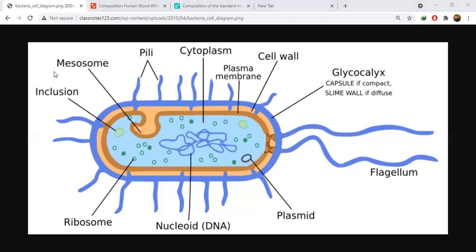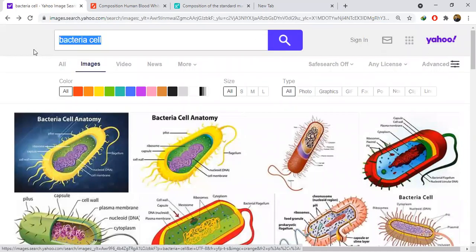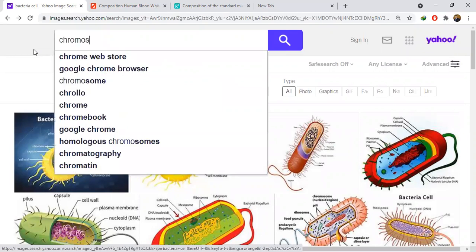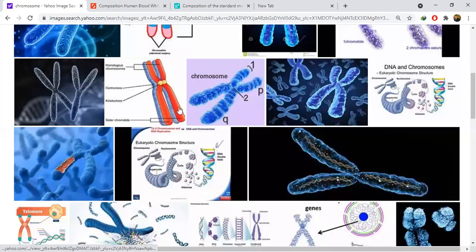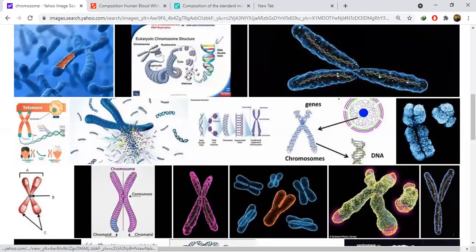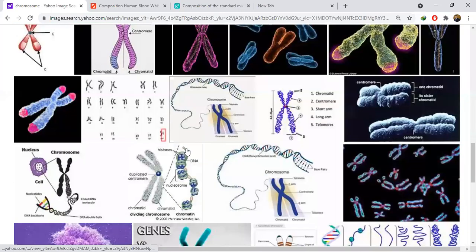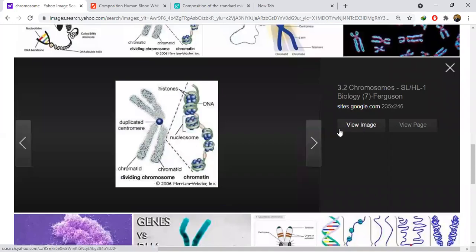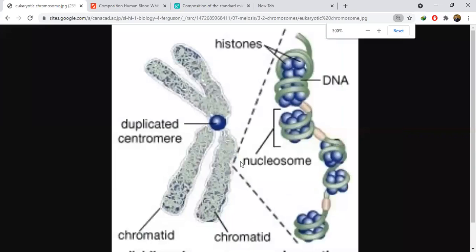If you take a eukaryotic chromosome, that is a normal word, we call it by the name chromosome. In chromosomes, I take this diagram. You can see DNA is wrapping around histones, proteins. Can you see?